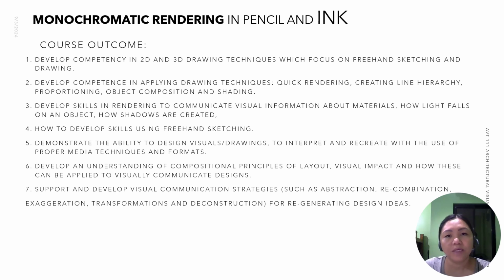Abstraction actually means the distancing of an idea from an object reference. That means in visual art, we are pulling a depiction away from any literal representation or reference points. So that's abstraction. And when we say recombination, these are alterations and manipulations, recombinations, or copying of art pieces to create a new piece. Exaggeration is the representation of something as more extreme or dramatic than it is, intentionally or unintentionally.